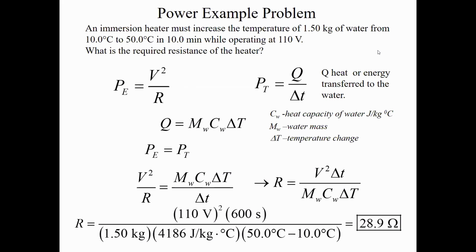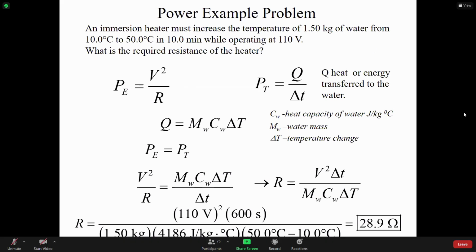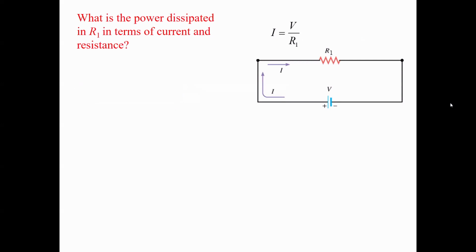Well, in terms of when you see a light bulb come on, at least in the case of incandescent, the brightness is proportional to the power dissipated by the filament. And so I want to look at this, and hopefully we'll have time to do a little demo. Hopefully you can see it. Sort of been the problem with doing demos. So what is the power dissipated in R1 and